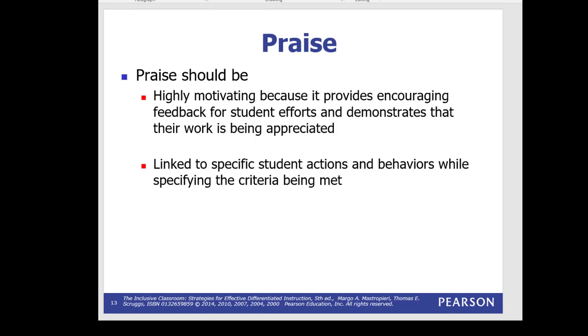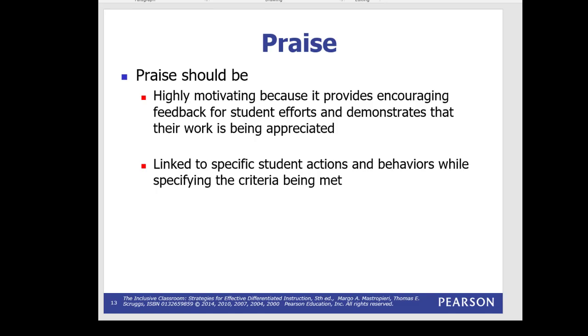Kids are smart. They will see through patronizing praise, like, oh, good job. It can work for a 2-year-old. Once you start getting into any kind of age where kids can communicate back, it doesn't work anymore, because they're going to see right through that. If they do something good, tell them that they did that particular thing well. Yes, you can go after that and say, you're awesome, and I'm glad that you're here.